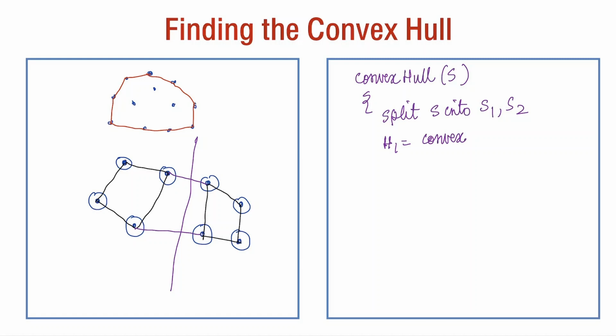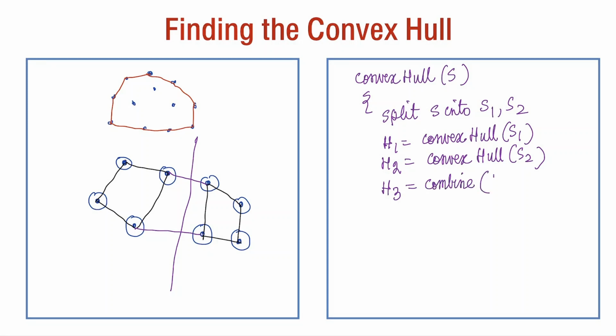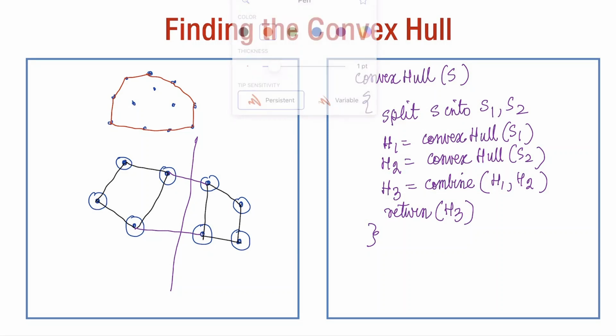H2 is the convex hull of S1, H3 is the convex hull of S2, and then H4 is the combine of H2, H3, and returns it. And it can be shown that this complexity, where this split can be done in order n time,